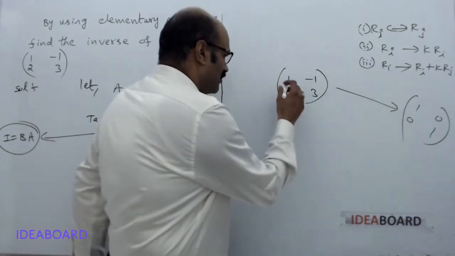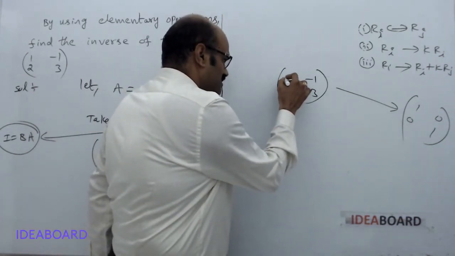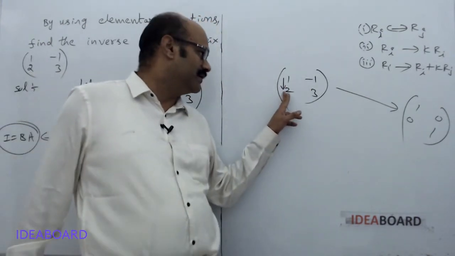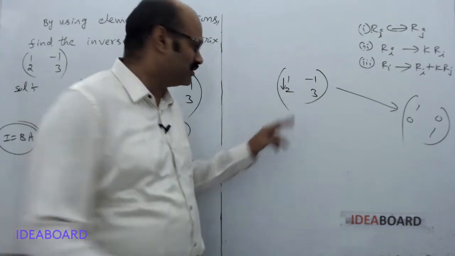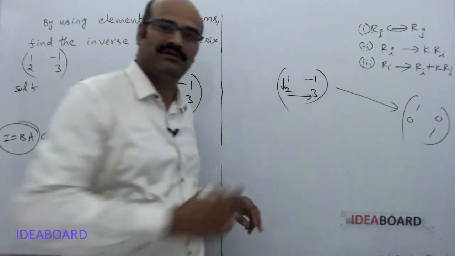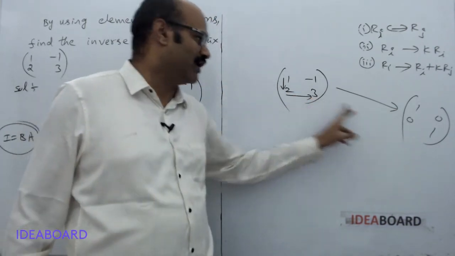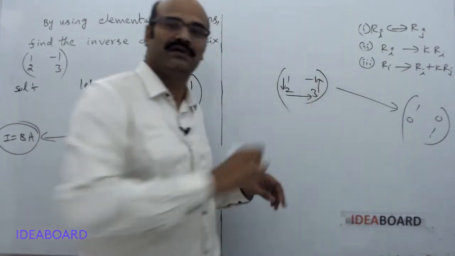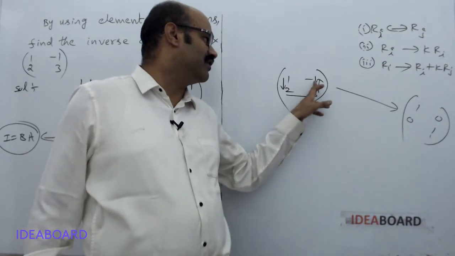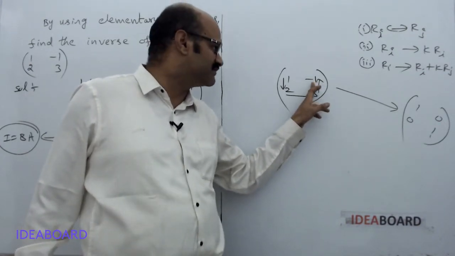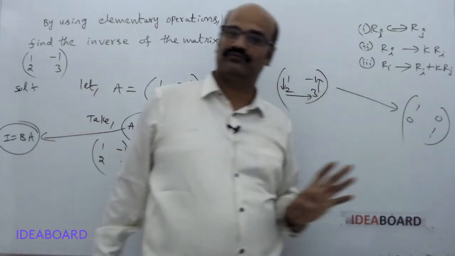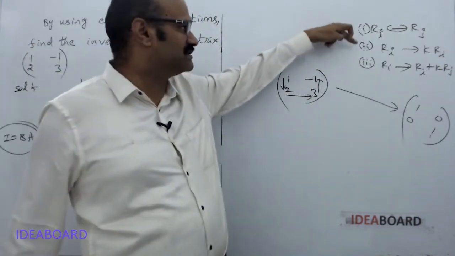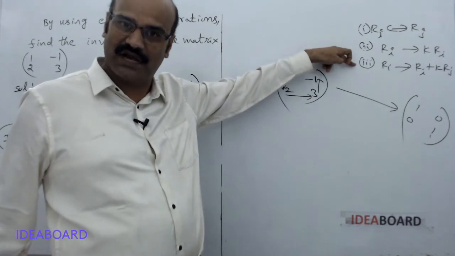So what we have to do is, first we have to start from here, we have to come like this, and after making this one equal to 0, next we have to go to this element, and you should make 3 to 1 here. Next we should go like this, and after this element we have to come to this element. This minus 1 should become 0. So for that we have to apply these three row operations now.